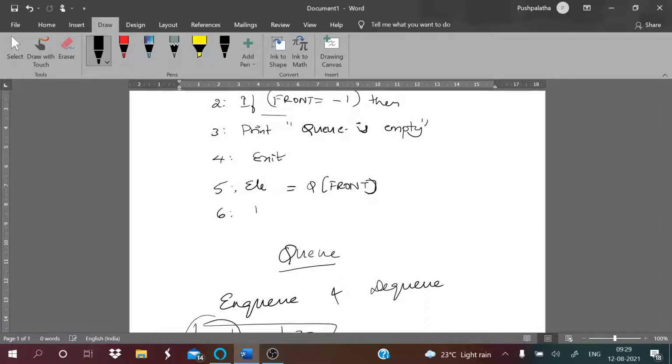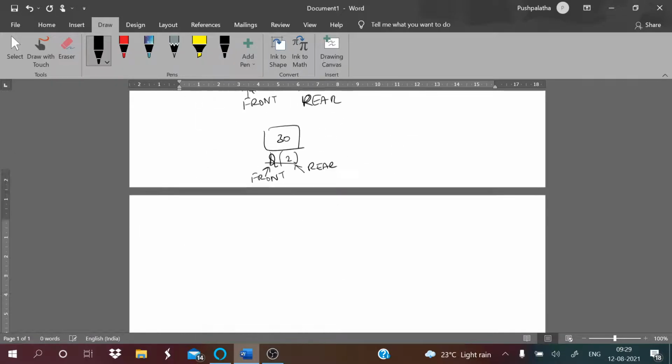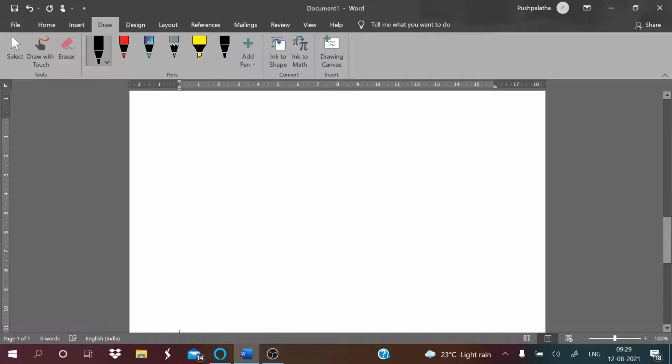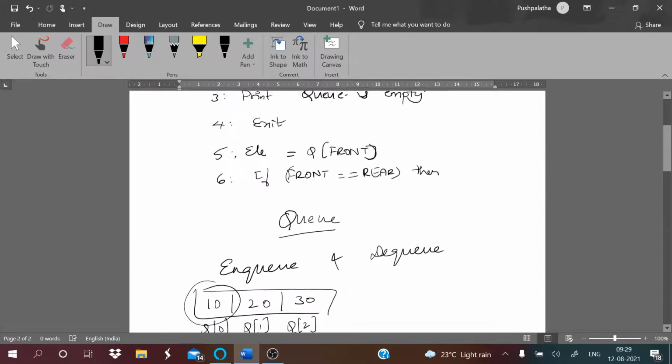sixth step, if front is equal to rear. If front is equal to rear, then what happens? It is a single element, right? Front is equal to minus 1 and rear is equal to minus 1. So the step that we had stopped at is 6.